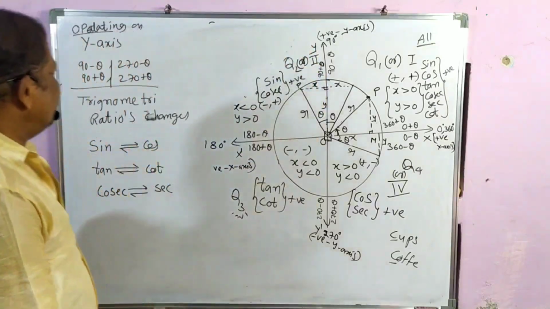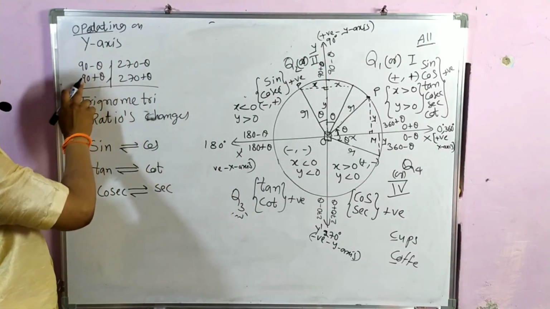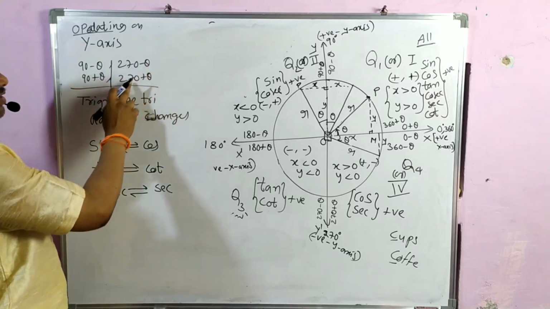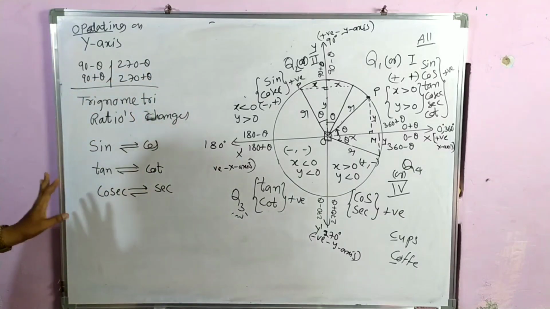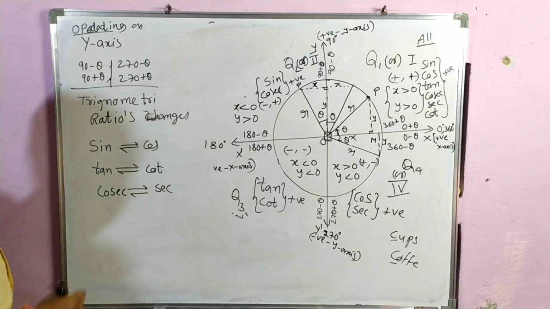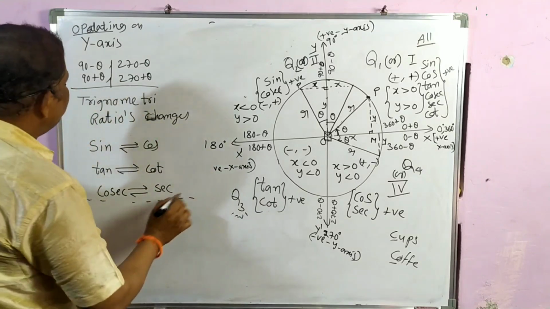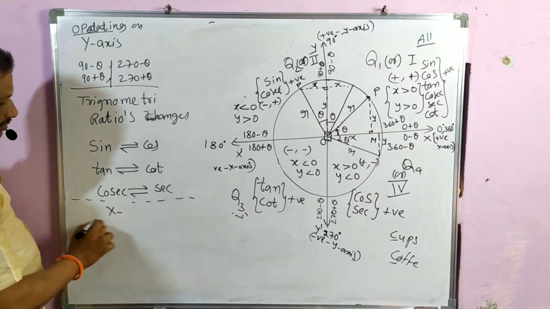What are the operations on y-axis? 90 minus theta, 90 plus theta. 270 minus theta, 270 plus theta. This you should remember. Now, when you operate trigonometric ratios on x-axis,